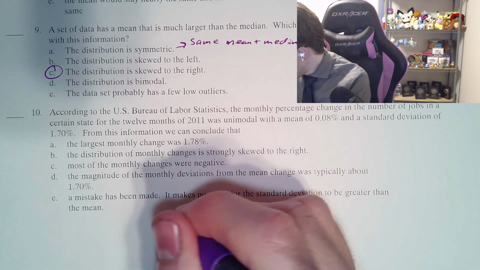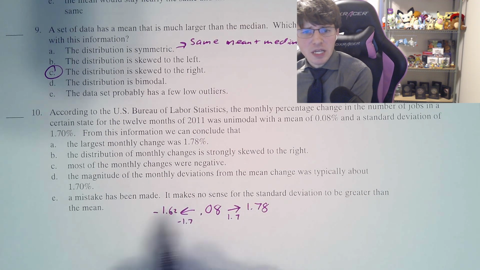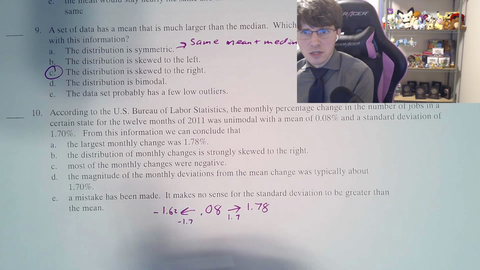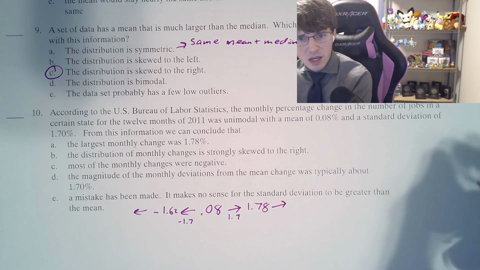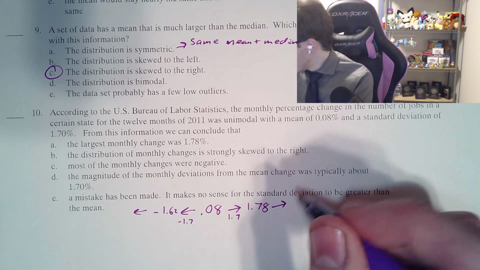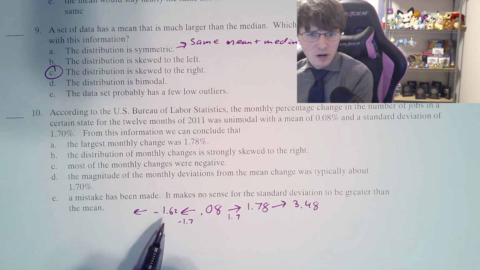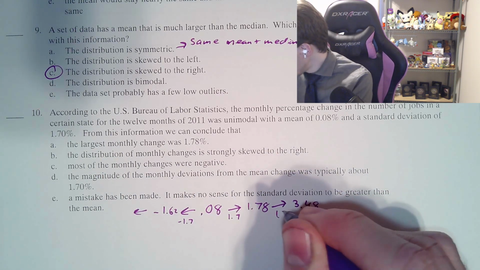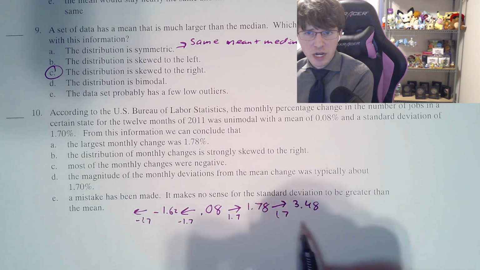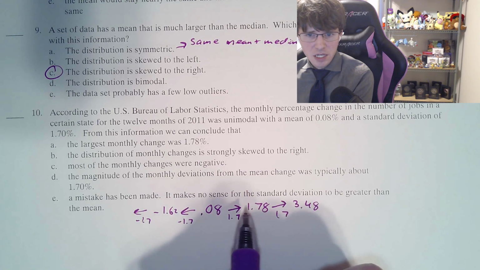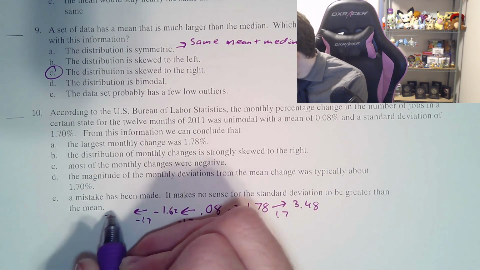So what would that be? Negative 1.62. Someone can double check my math. But you're basically going in outward directions, and you continue going. That would be 1 standard deviation away. If I were to do 2 standard deviations away, this would be 3.48. I hope I'm adding 1.7 correctly. And then you're again going another 1.7, going in both directions. It's effectively saying this is how spread out the data is. Most data is going to fall into here. And then if I were to subtract it again, oh my gosh, to negative 3 point,